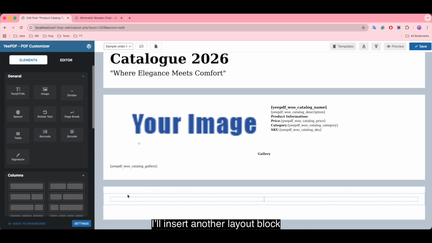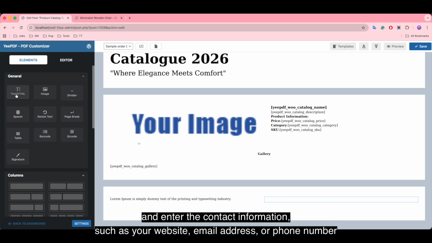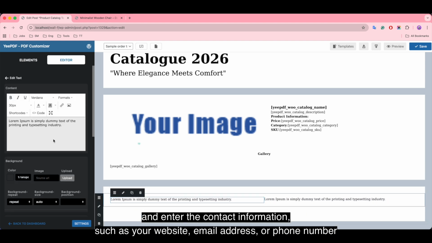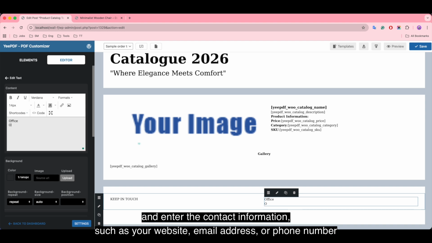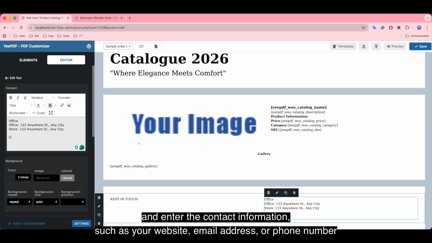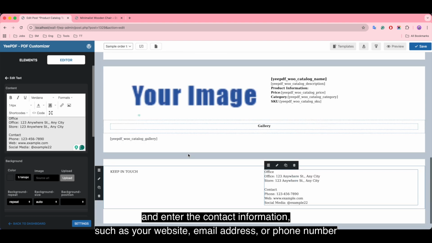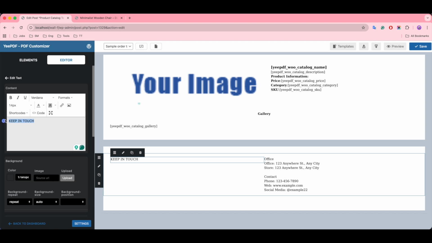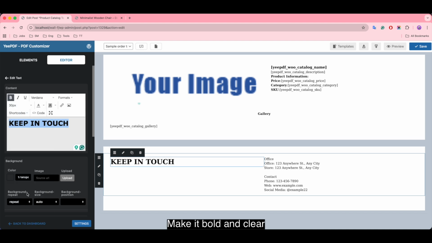I'll insert another layout block and enter the contact information such as your website, email address, or phone number. Make it bold and clear.